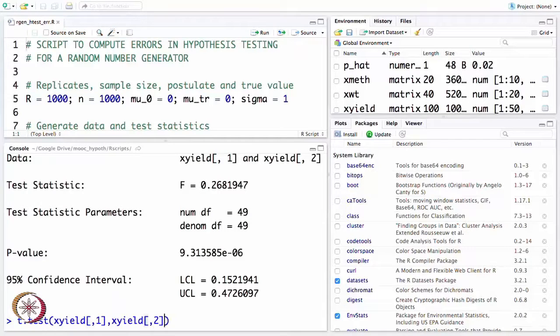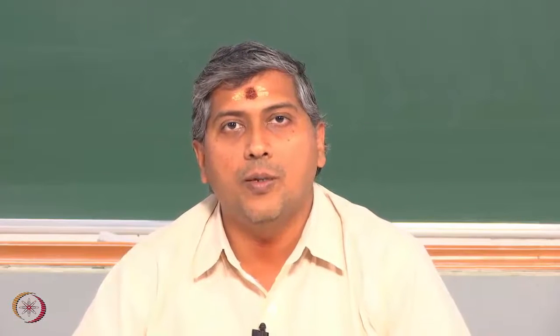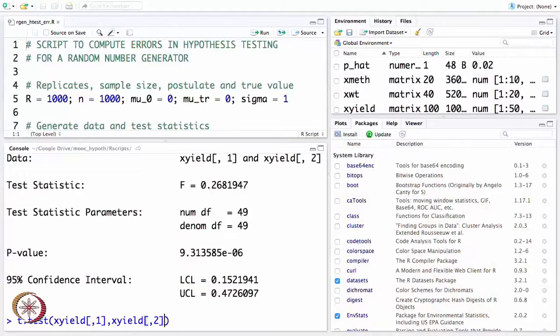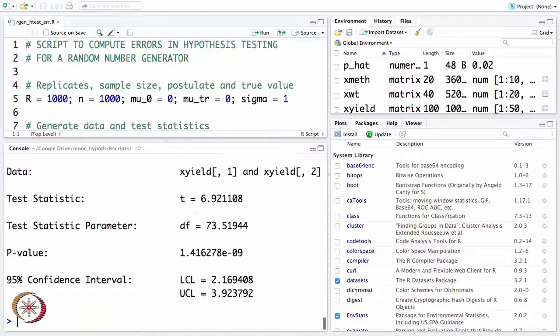In fact, if I were to conduct the hypothesis test the standard way, I have to specify the postulated truth, but if I am only constructing the confidence region, all I have to do is specify the alternate hypothesis, and here the default alternative is a two-sided one, and var.equal is false, that means the unequal variances case. I do not have to worry about the postulated difference at all. So, let us do that, and you see the confidence interval coming out of the t.test here, which is what I have reported for you in the slides. In fact, you can see even if I change the postulated value, the confidence interval remains the same. All right, what would change is of course the p value.